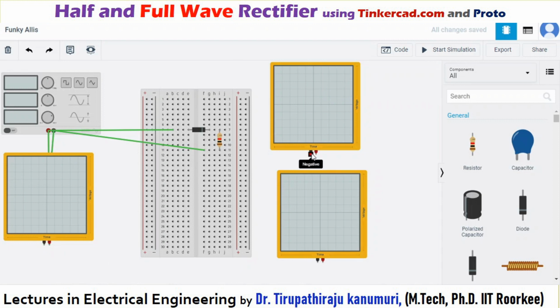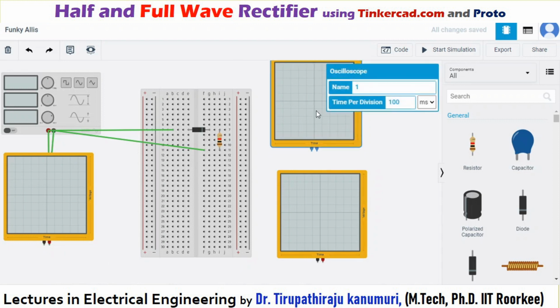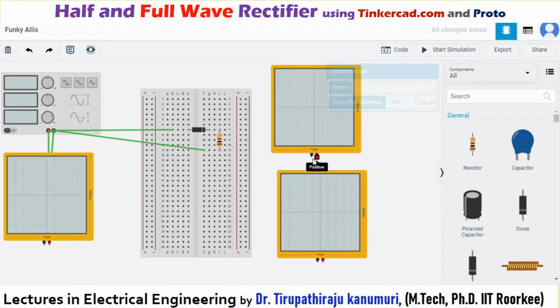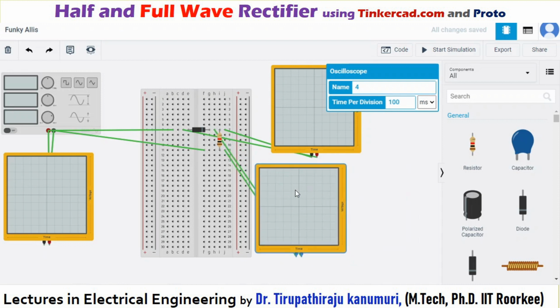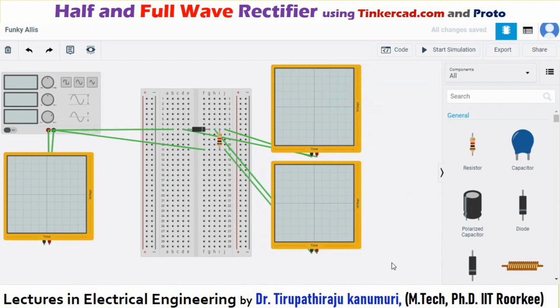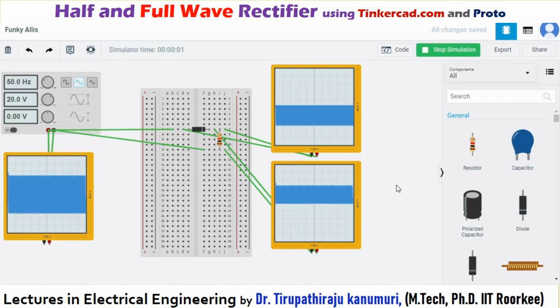Now coming to the output, I want to measure the voltage drop across the diode as well as the voltage across your load. So for that I am just connecting it here, and this one I am connecting on the second side. This measures the voltage drop across the diode. Similarly, this one I want to measure the output voltage, so I am connecting it here, negative. This measures the voltage drop across your load. So you will get the idea how it is varying. Once this is done, I can simulate my circuit and see how the output is coming.